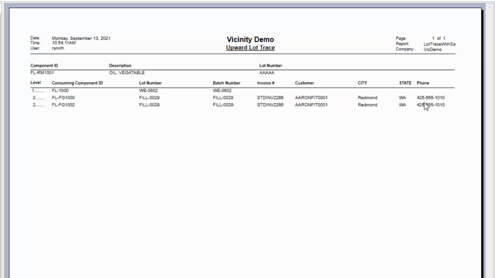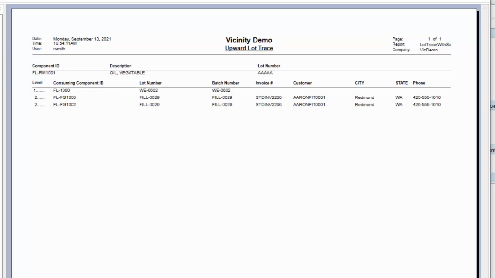So hopefully you can see the simplicity of recording raw material usage, putting something on hand, an intermediate or a finished good, and its impact on the lot trace, and how you might be able to present that on the screen or in a